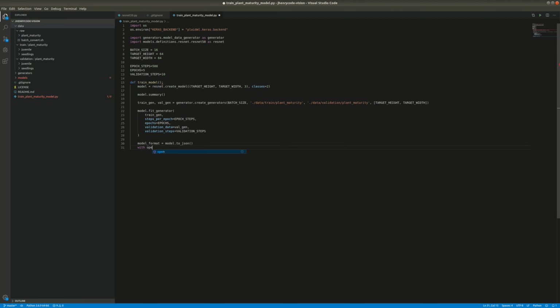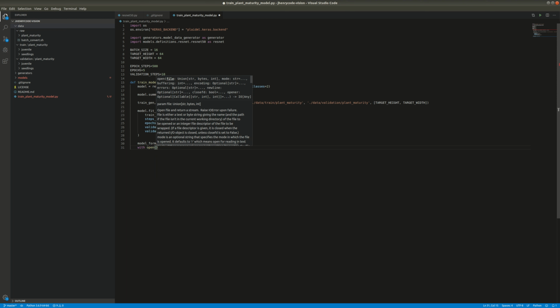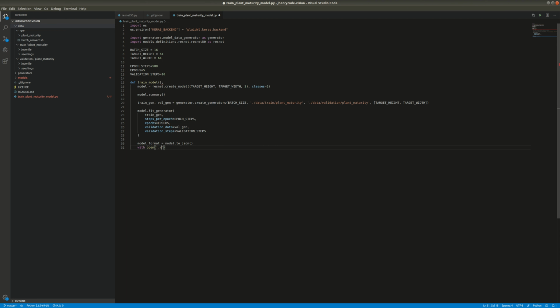Now we're going to have to save both the format of the model and the structure, as well as the trained weights, and we'll save those in 2 different files. So we'll do models. I think we have a folder for trained, and then format, and then plant maturity dot JSON. We want this to write, and then we'll say as format file, and then we'll just write it. Format file dot write,